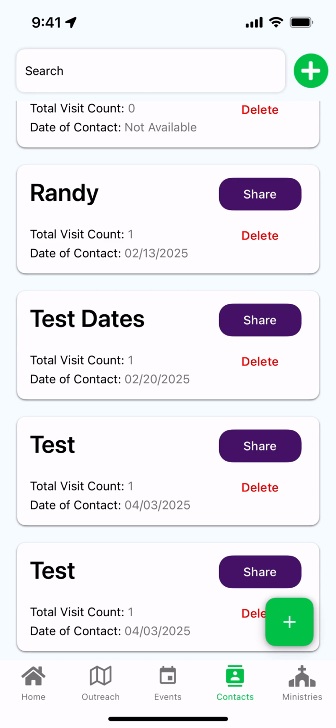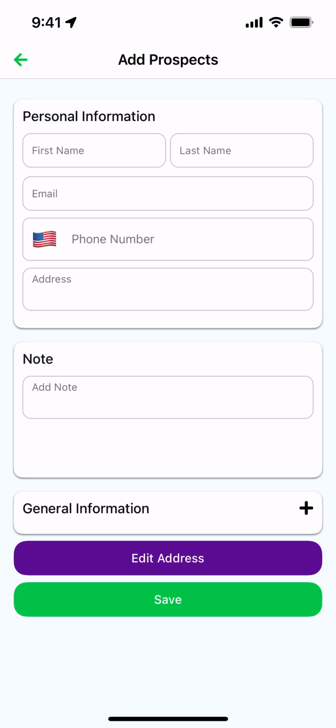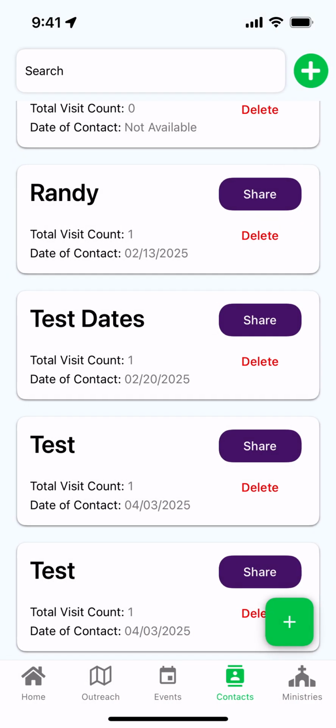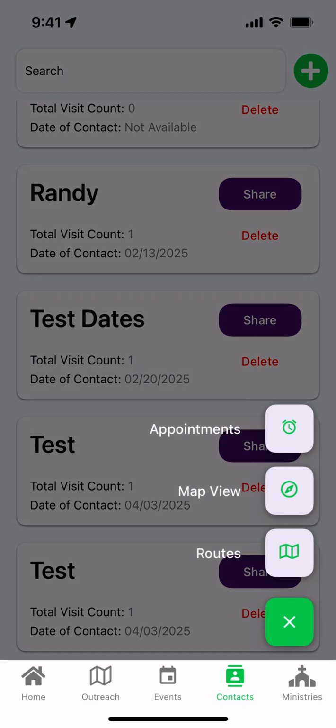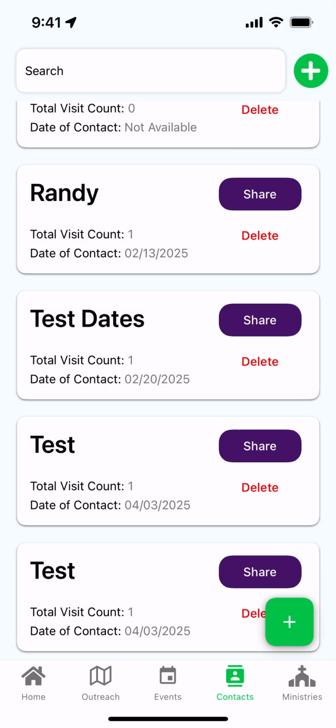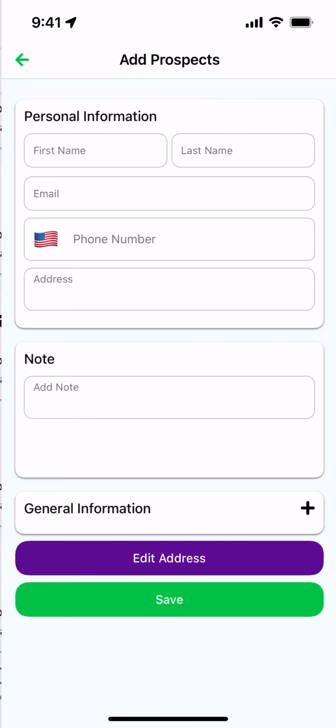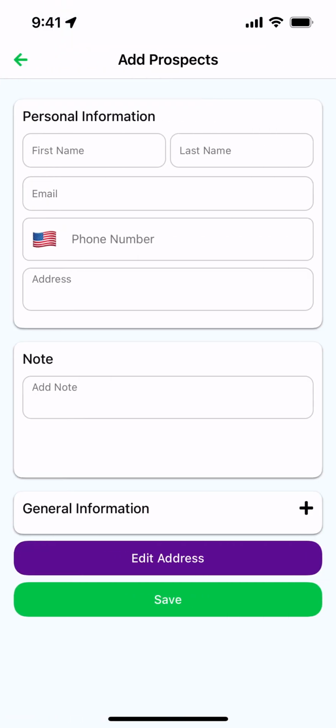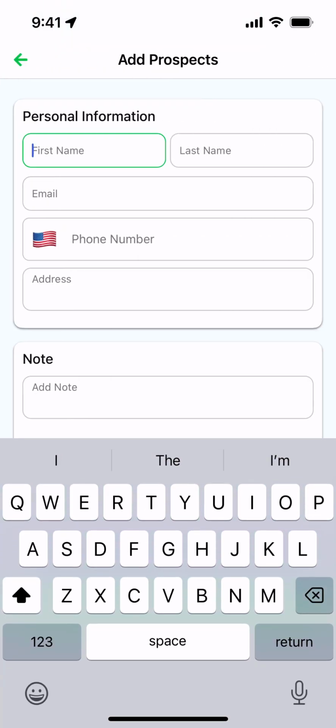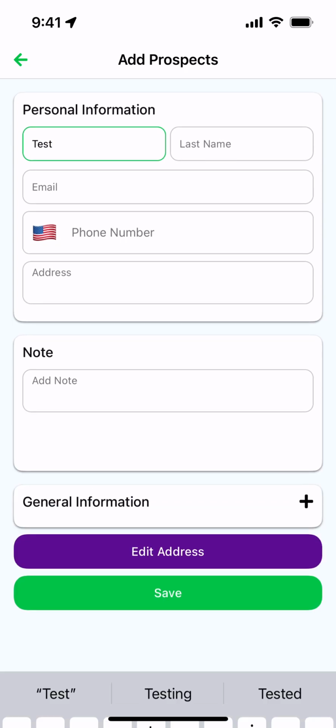If I want to save a contact that I met that is not out door to door, I can do that with the little plus button up there on the top right corner. Don't confuse it with the expandable menu that's on the bottom here. This just gives you more features that are buried in the contact list. And so make sure you tap on the plus button on the top right, and it just pulls up that contact form. And so the only thing you need is a name,